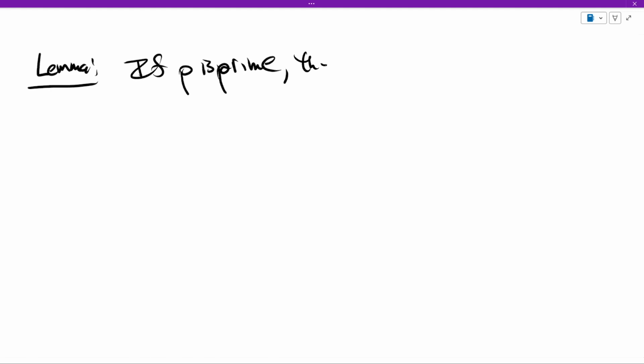All right, so this polynomial that we're looking at is actually a cyclotomic polynomial. So the question is, when are the cyclotomic polynomials irreducible? And it turns out they're always irreducible over Q. We're only going to look at a special case of that. So we're going to start with a lemma to help us prove that special case. The lemma is the following. If p is prime, the binomial coefficient